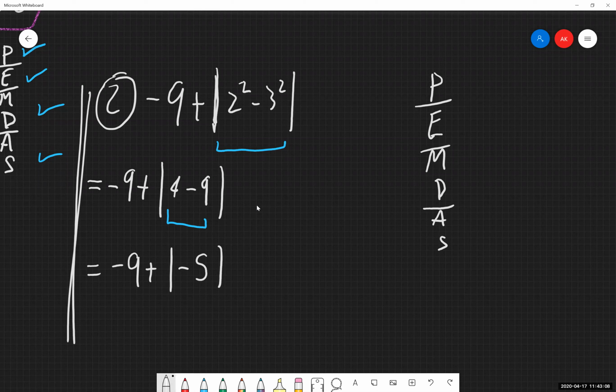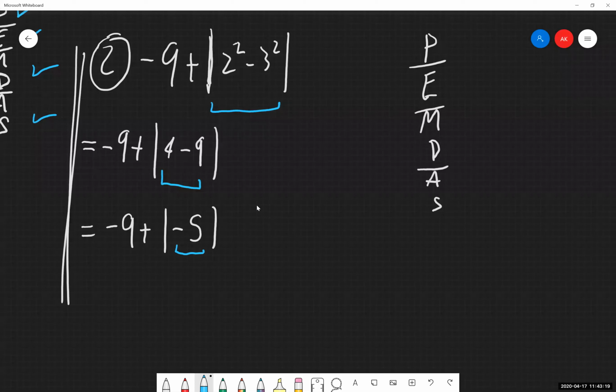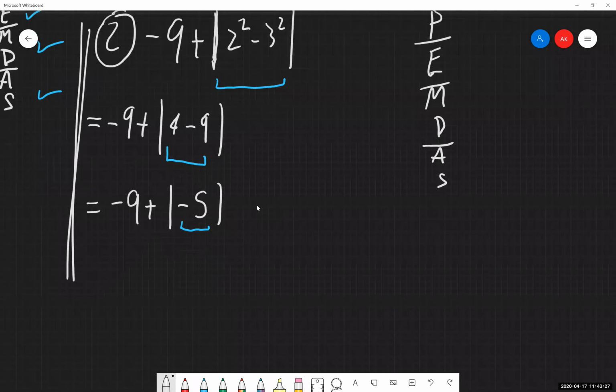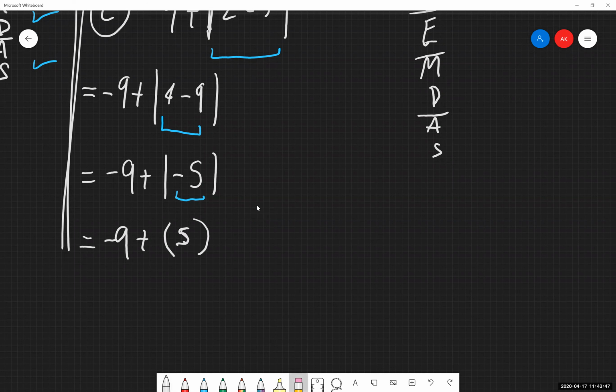And now I cannot simplify anything else inside this absolute value sign. And at this point in time, now that I have just a single number in here, now is the time when I can apply the property of the absolute value. So what is the absolute value of negative 5? It's going to give me a positive 5. Again, it's that distance from 0. And when we apply that, we can instead make this a positive value, and then if you want to, I think this is helpful, write this out explicitly inside of a set of parentheses instead.